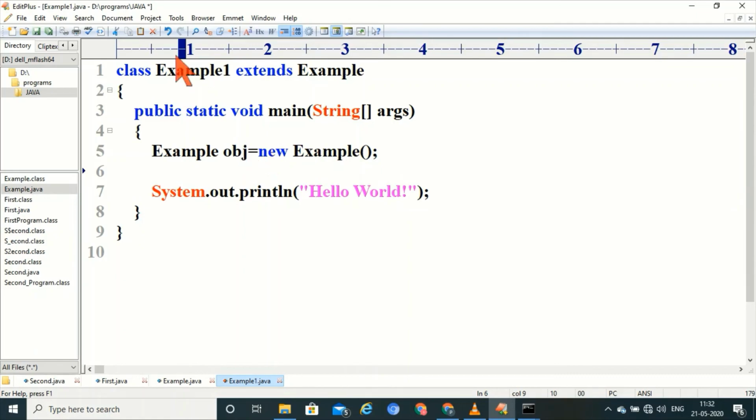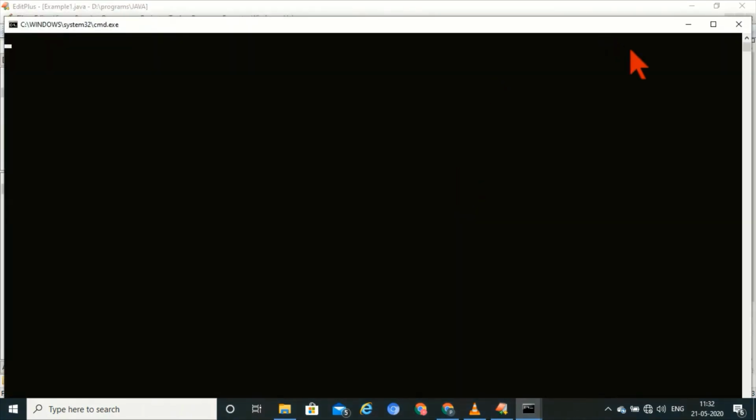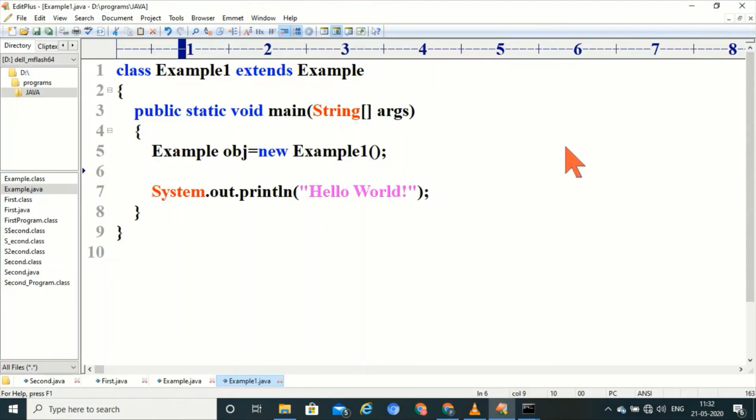The process of storing subclass object in superclass reference variable is called upcasting. This is called upcasting. Now save and compile. Yeah, no error.